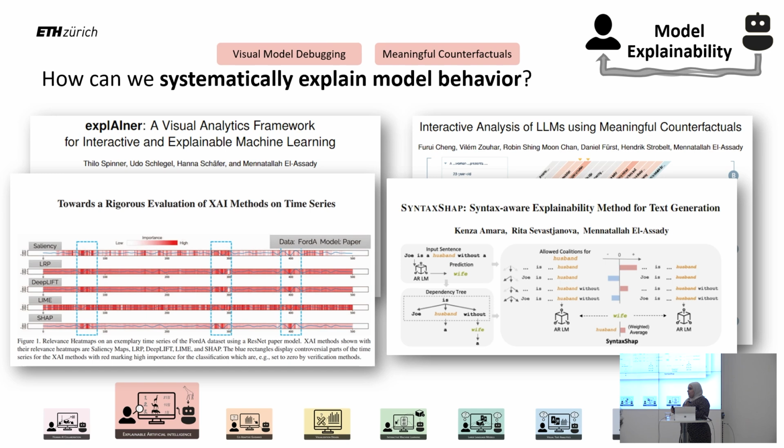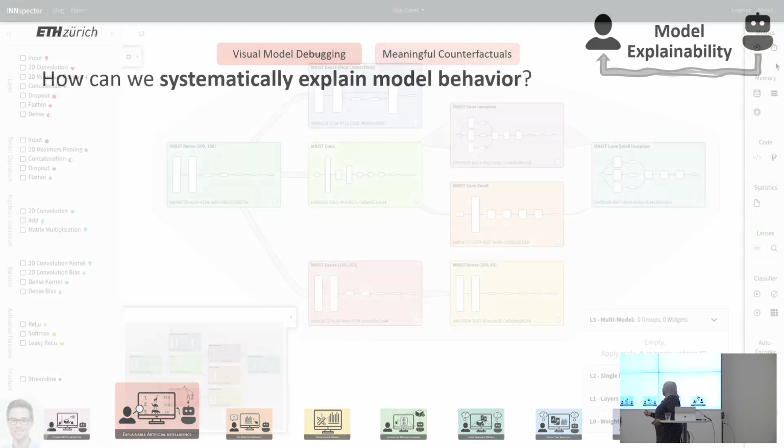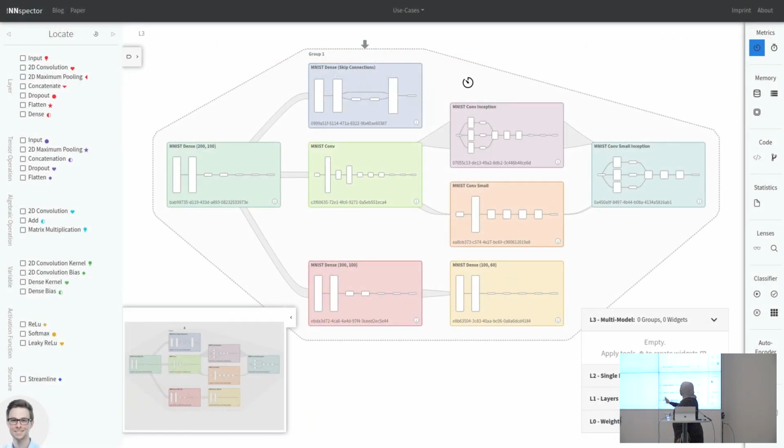But for now, I want to give you one example in which we do architecture-level explainability. In this case, architecture refers to the model architecture. What I will show you is a quick video of a tool that we created that starts comparing multiple different model architectures. And if we like a particular area, to explore it further, or if a particular area is causing a problem, we can dig deeper from this multi-level view all the way to a single neuron and look at its behavior. So over here, we're starting with these different models.